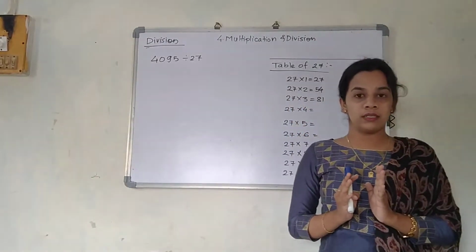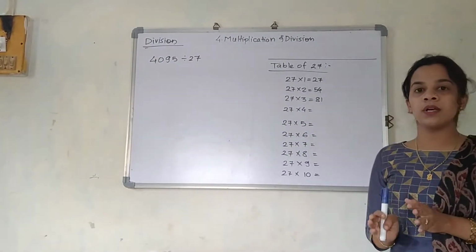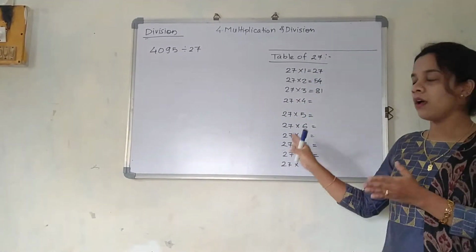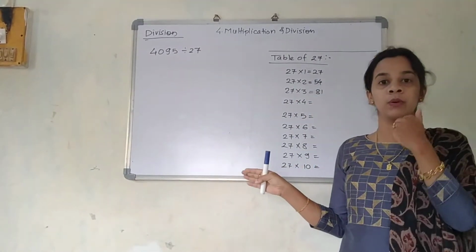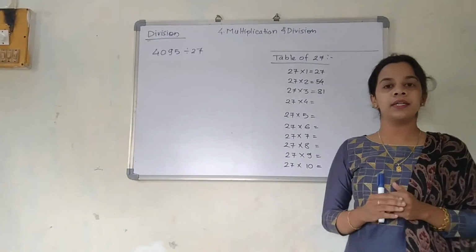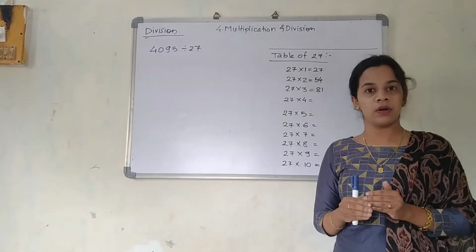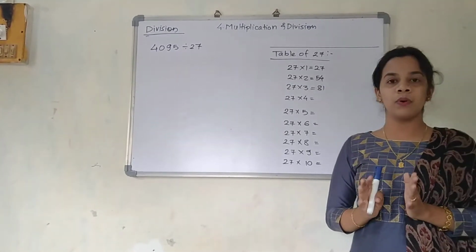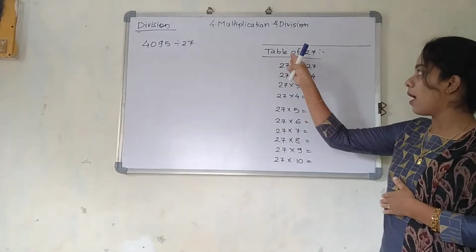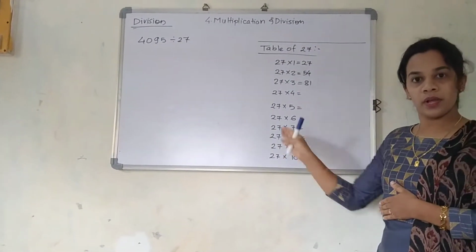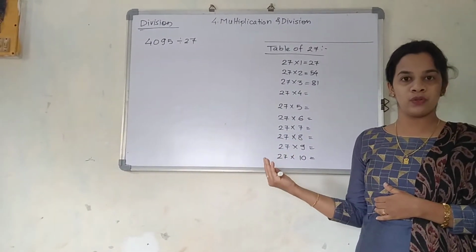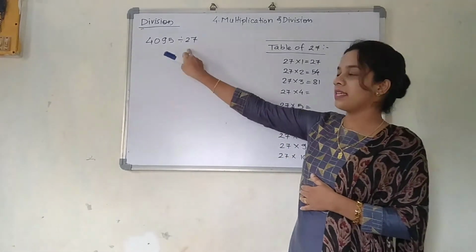For doing such divisions, basically you are supposed to write the table of that particular divisor. I have written it over here, but I have not completed the table. If you are writing this in your exam and you forget the table, even if you have already learned it, please don't fumble or worry, you can follow this method. I have written a table of 27 over here. You can follow this method in front of us also, or otherwise write it down in the rough page.